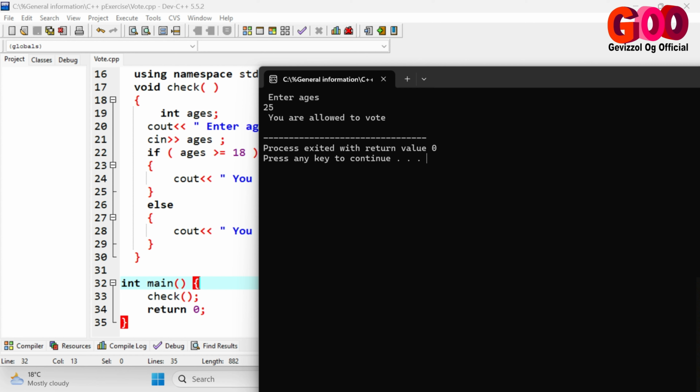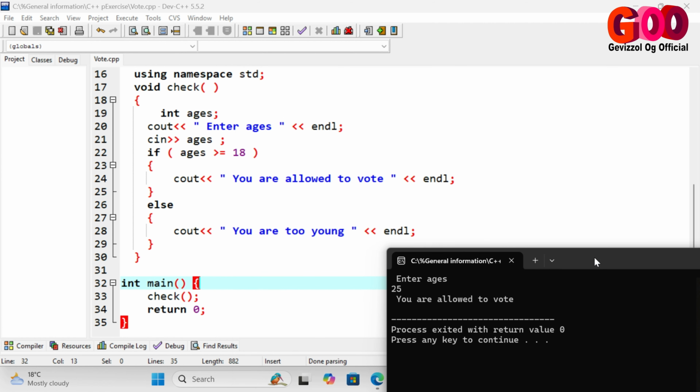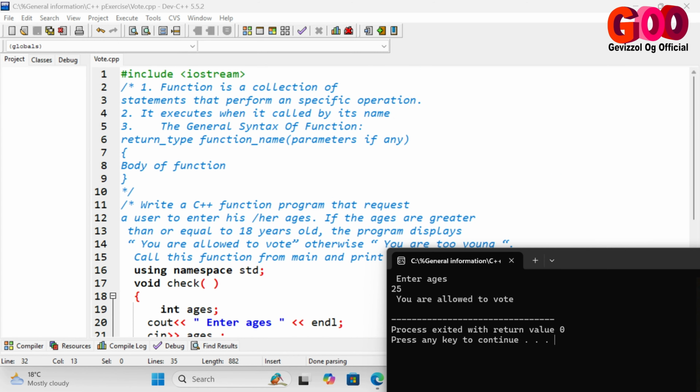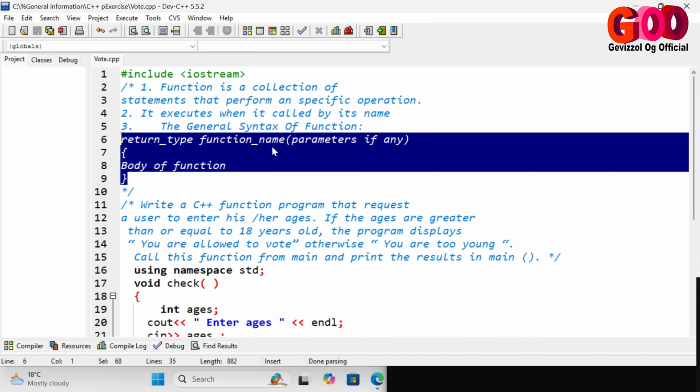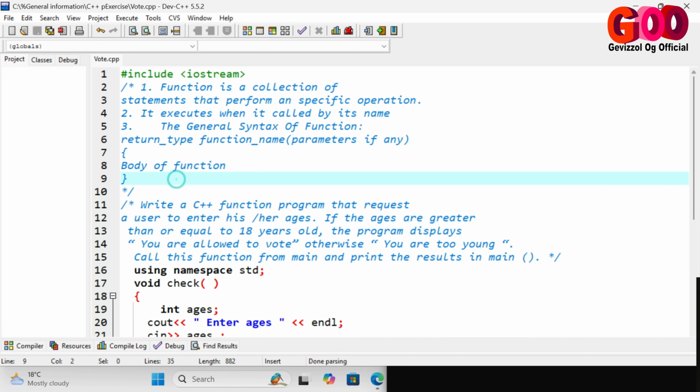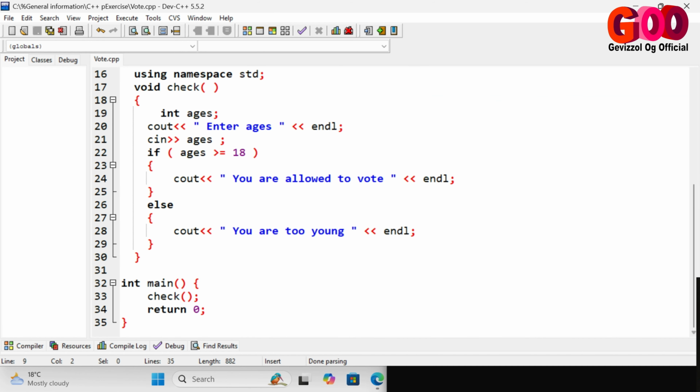So this is the simple way to write a function. What you need to know here is to make sure that you will be able to write and understand and analyze the syntax of a function, which is return type, function name, and then parameters if any, and then you have to open your function and then give it a task of what it will do in the body section, and then you have to remember that you must call it in the main function